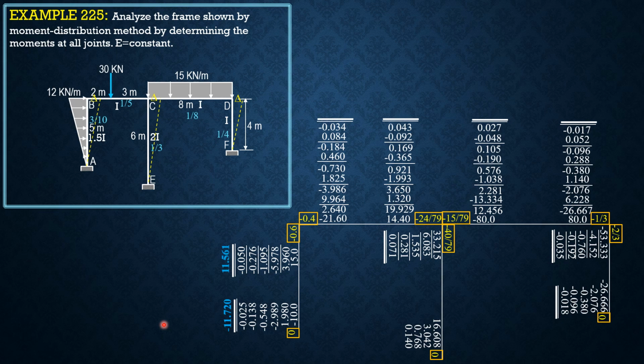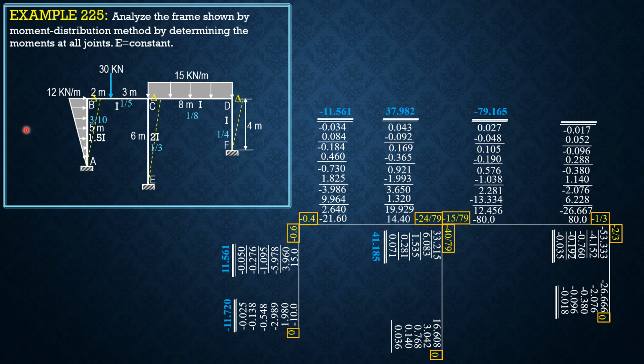Then for the equation, VA plus V sub E plus V sub F plus 1/2 of 5 times 12 equals 0. Summation of forces in X. So these are the reactions, assuming that the moments are all clockwise. So V sub A plus V sub E plus V sub F plus 1/2 of 5 times 12 equals 0. So simplifying,